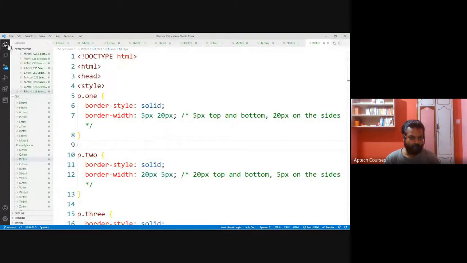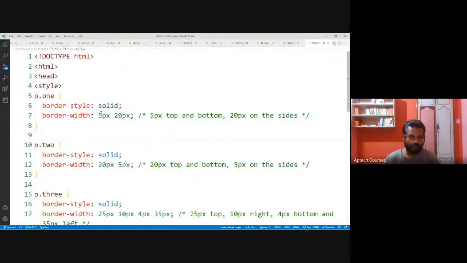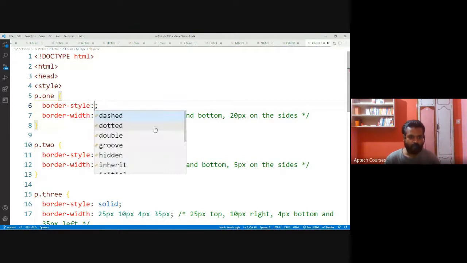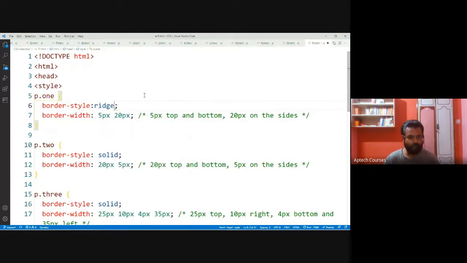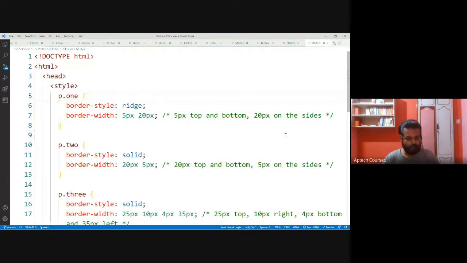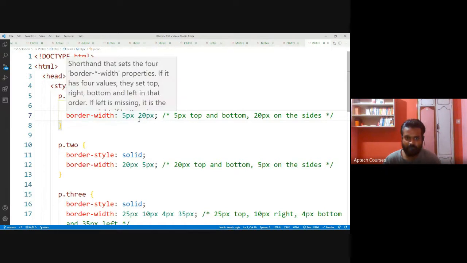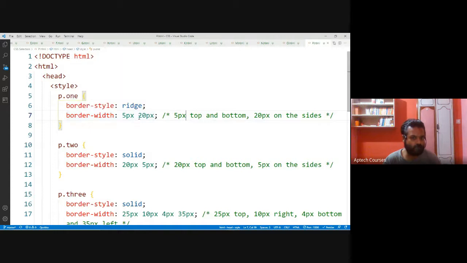See, in case of border style, we have so many things: solid, dotted, double, hidden. So many we have. Here you'll find dimensions, how we can calculate the border width. If I go for 5 pixels and 20 pixels, what happens?